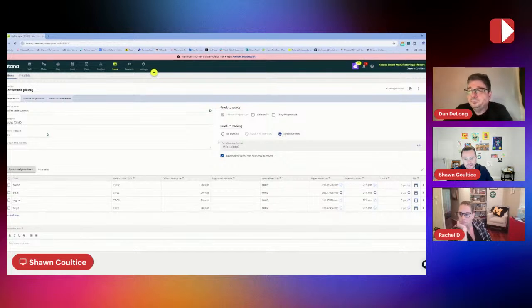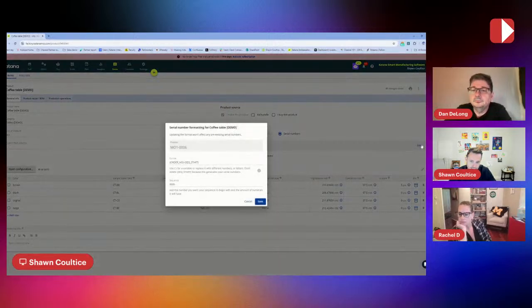Okay. So the coffee table that I have set up here, I can see that I've set that up as serialized, and Katana will generate serial numbers for our manufactured products for us. And it'll allow you to identify what format you want that serial number generated in. So you can edit how that format is set up within the system, and decide how you want it to work. Today it's going to copy your order number and then your sequence. So there's some relation to the order it was produced on, or purchased from,